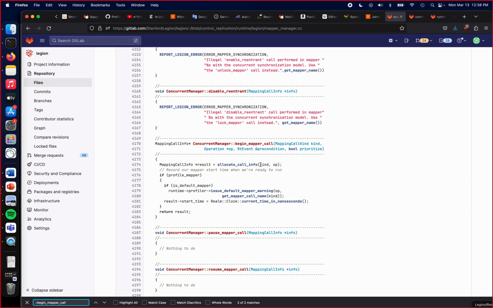So we're going to call allocate call info, which will give us one of these mapping call info objects. If we're doing any profiling, we record the start time for this particular mapper call, and then we're done. It's actually quite simple. And if you look at this allocate call info,